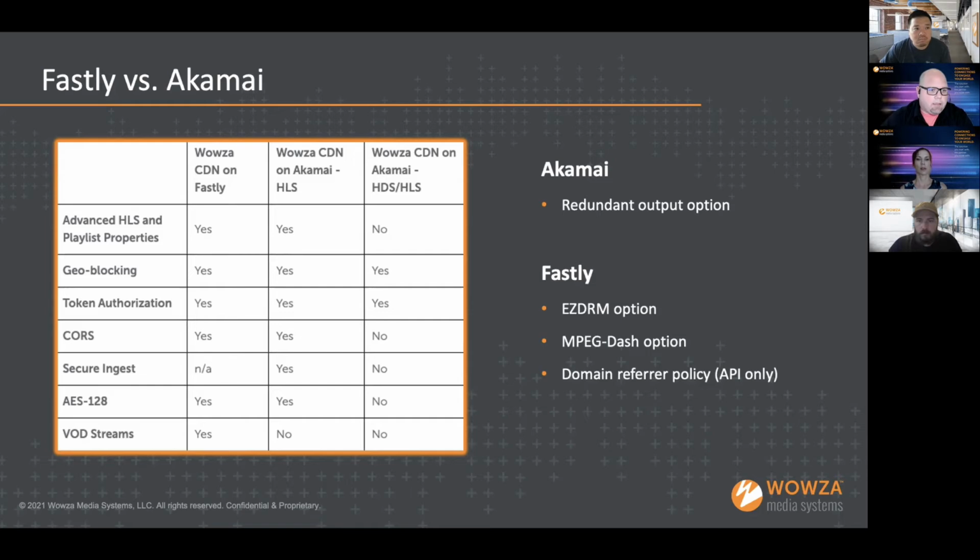The one thing that Akamai does that Fastly does not do is that Akamai does provide a redundant output. So you can set that up on the transcoder where you can send two, primary and backup output, or it's dual chunkless and dual chunks. So you'll send a primary and backup. The caveat is you have to have a player that will see that and flip. It has to support the dual chunk list. So you'll see a primary and a backup in the chunk list. So it's nice having the failover on the back end, on the internet side, for the playlist, for the playback when you have that.